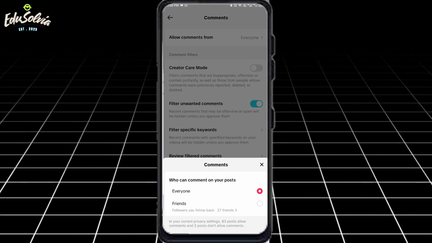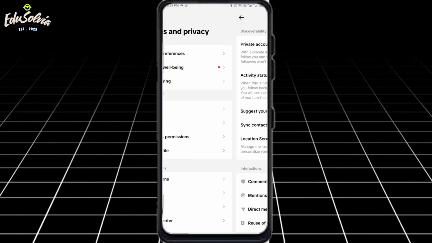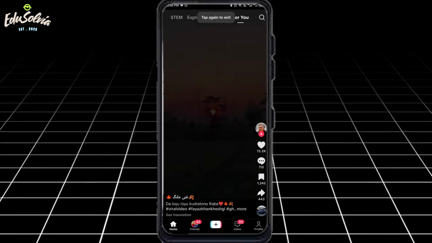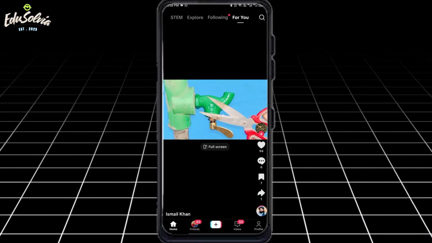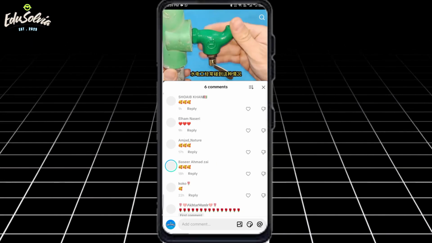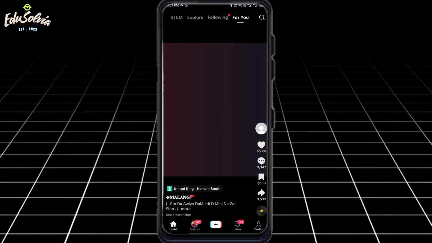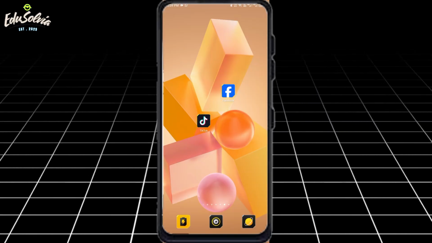Now, if the issue is with someone else's video, it's possible that the creator has disabled comments for that specific video. You can try opening other videos and see if comments appear there. If you notice that no videos on TikTok are showing comments at all, then it could be a glitch with